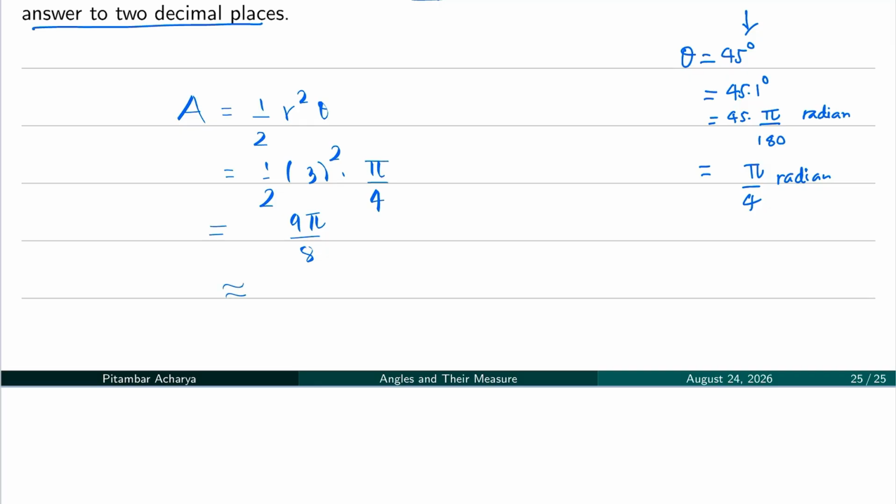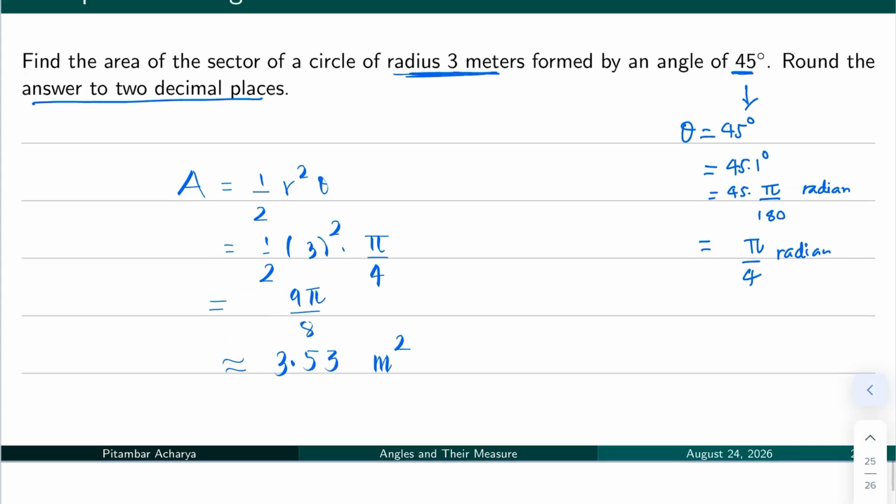If you round this to 2 decimal places, the value will be 3.53. The area of the sector is 3.53 meter squared, because the radius is in meter, so the area should be consistent with the given information. All right, so this was for